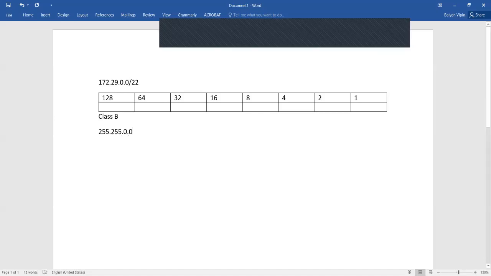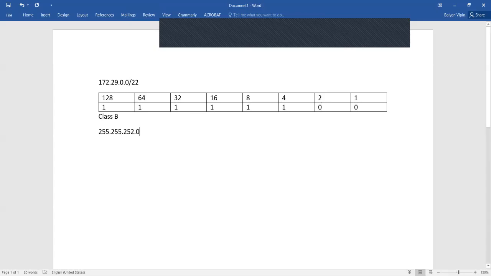So it's 8 here, 8 here, 16, and there are 6 subnet bits here. That means you have a 1 here, 1 here, a 1 here, a 1 here, 1 here, and 1 here. Then you have a 0 here and 0 here. So if you add the numbers with the 1, they turn out to be 252. That will be the subnet mask of the network which we are going to use.